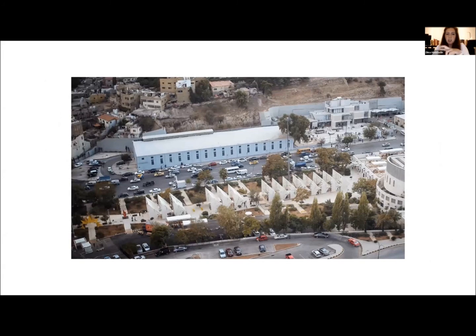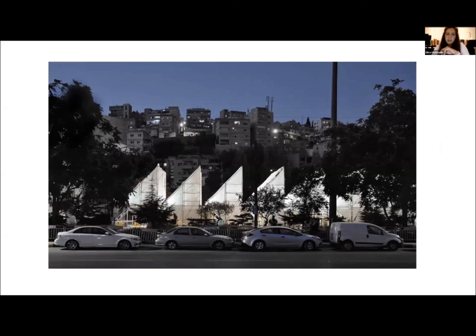And of course, it ran along the adjacent 100-meter hangar exhibition across the street, which is the main exhibition space of Amman Design Week, where the contemporary design elements or items are. And some images for the structure lit at night.